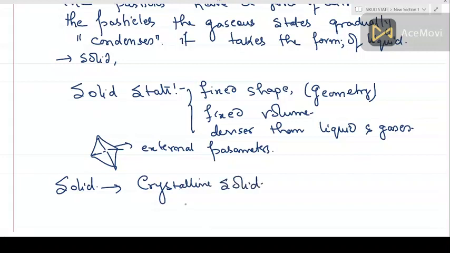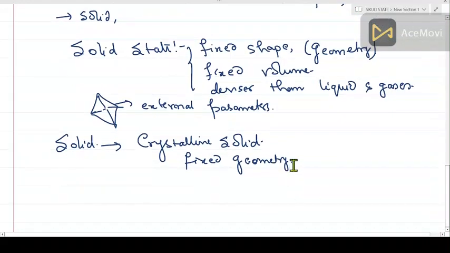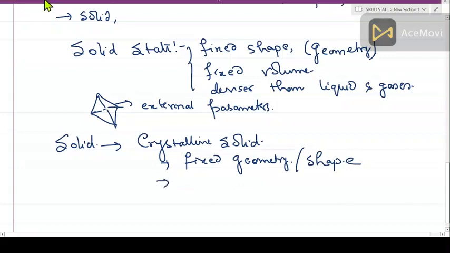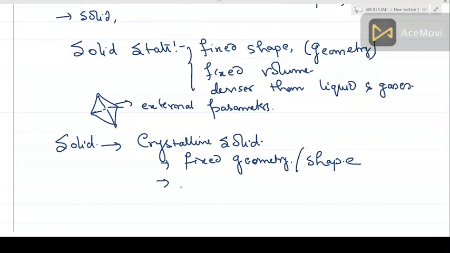Now this solid has different forms. The first one is the crystalline solid. Now what is a crystalline solid? This you perhaps know. You will say that they have fixed geometry. Okay, it is very good. They are found in fixed geometrical shapes: square, cube, hexagon, diamond shape, very famous diamond shape. Now this definition, or you can say shape, is also school level. The most important property that is of concern at the graduation and post-graduation level